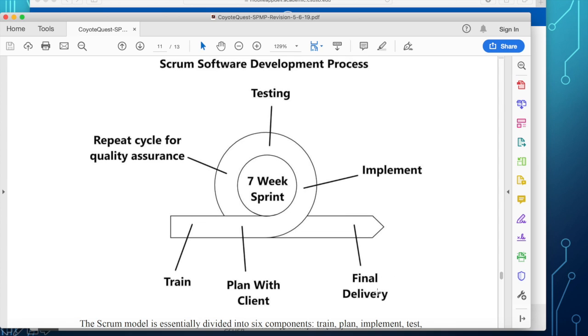Well, this final delivery is of course the delivery of the first iteration. So this cycle here is for 7 weeks, but it should also include the finals delivery, which is another 3 weeks of the iteration.